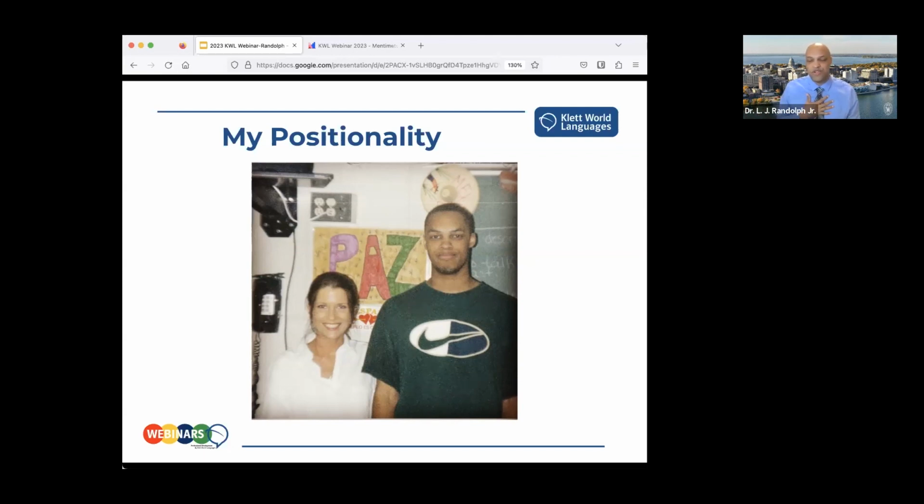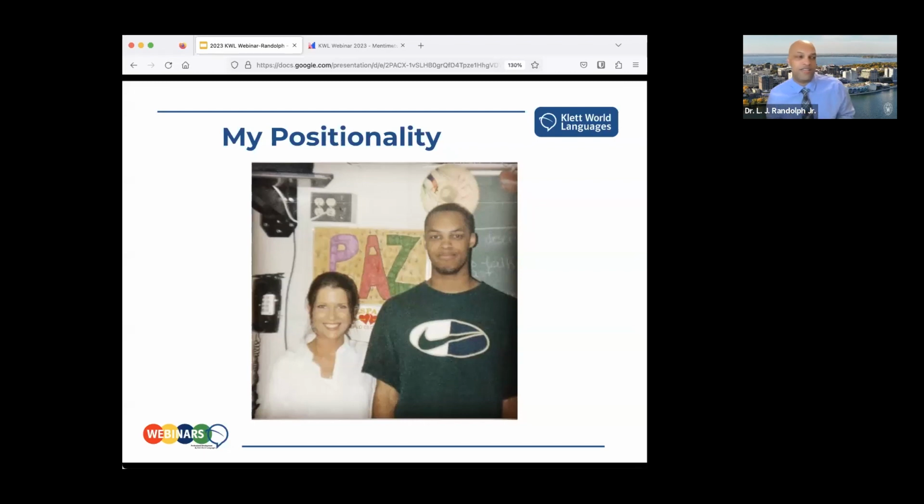When I started teaching high school, I taught high school for about 10 years. I didn't want my students, even at the novice level, to feel like their experiences and their identities were foreign in the foreign language classroom, right? And so I wanted to show them, even from an early age, that language learning can be a unifying and empowering experience at all levels, even at that level 1 novice class.